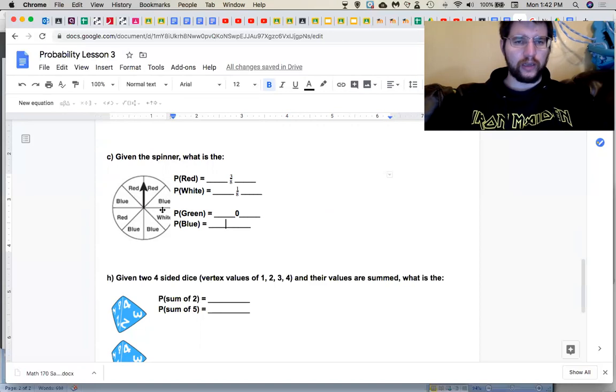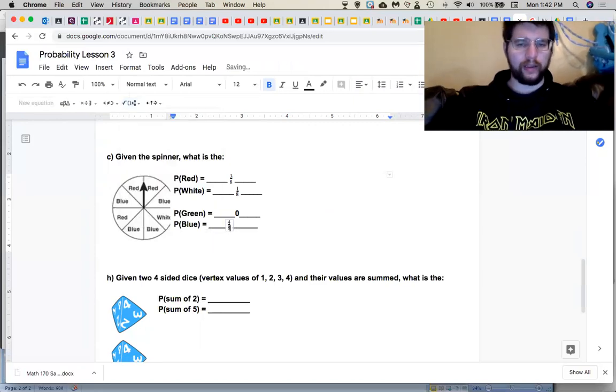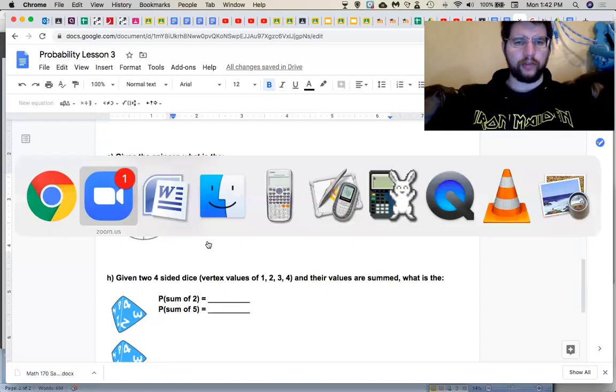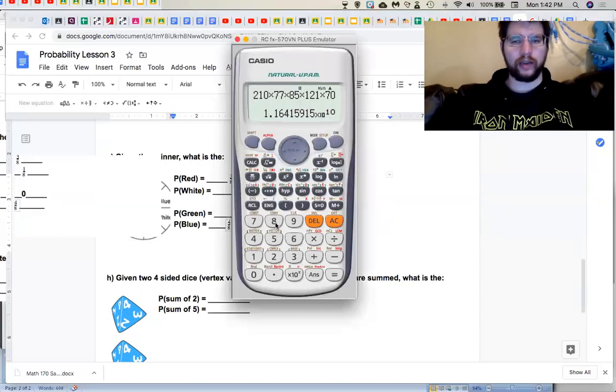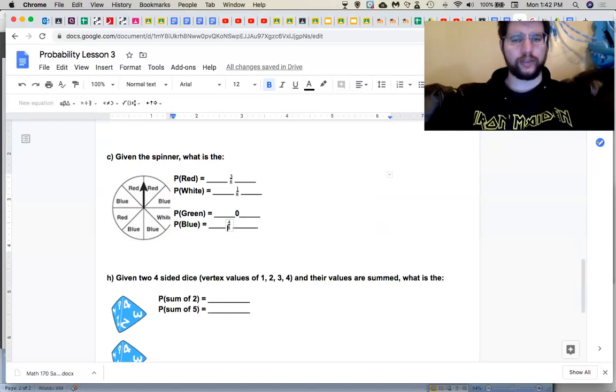Probability of blue. 1, 2, 3, 4. So here's what I'm going to do. I'm going to write 4 out of 8. But I know that can be simplified to 1/2. If you don't know that that can be simplified to 1/2, type it in your calculator. If you have a Casio like this, 4 out of 8. A lot of calculators have a fraction to decimal button, an SD button. So you should be able to, on most calculators, convert it to a fraction if you get it to a decimal. Or you can just know that 0.5 is a half. So 4/8, but I'm going to change that to 1/2. I do want it simplified if you don't mind, because again, you'll see this on